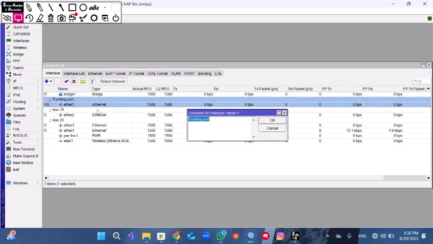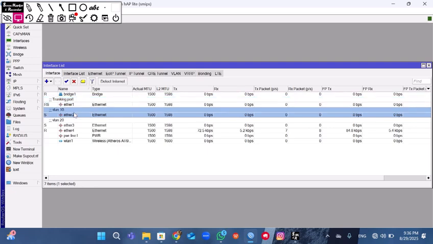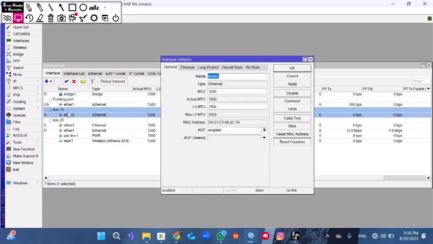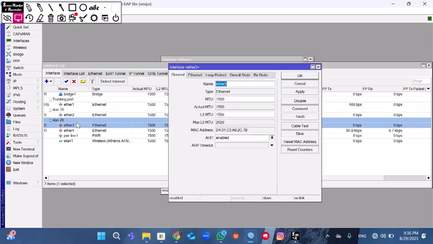We click this and give the name trunking port. The port for Ether 1 is the trunk, Ether 2 is for VLAN 10, and Ether 3 is for VLAN 20.